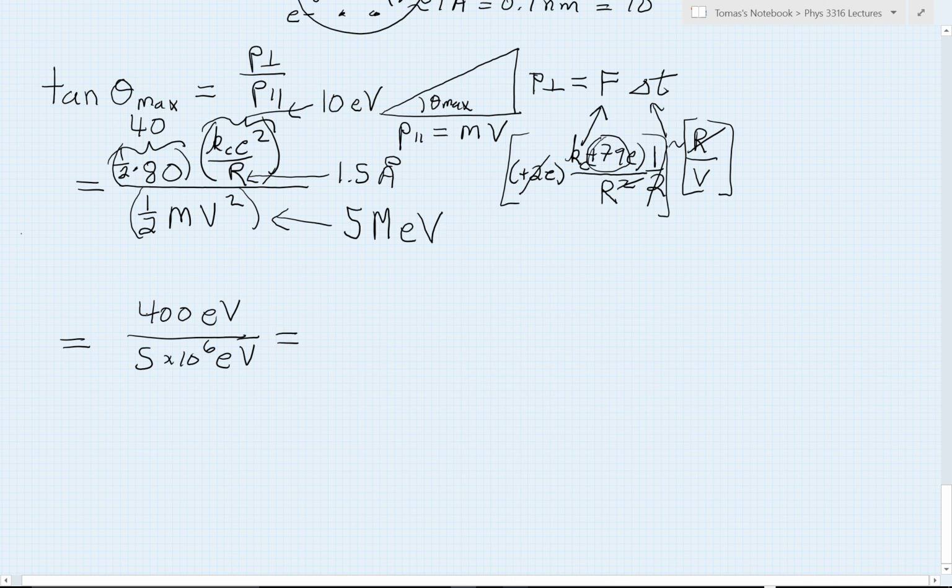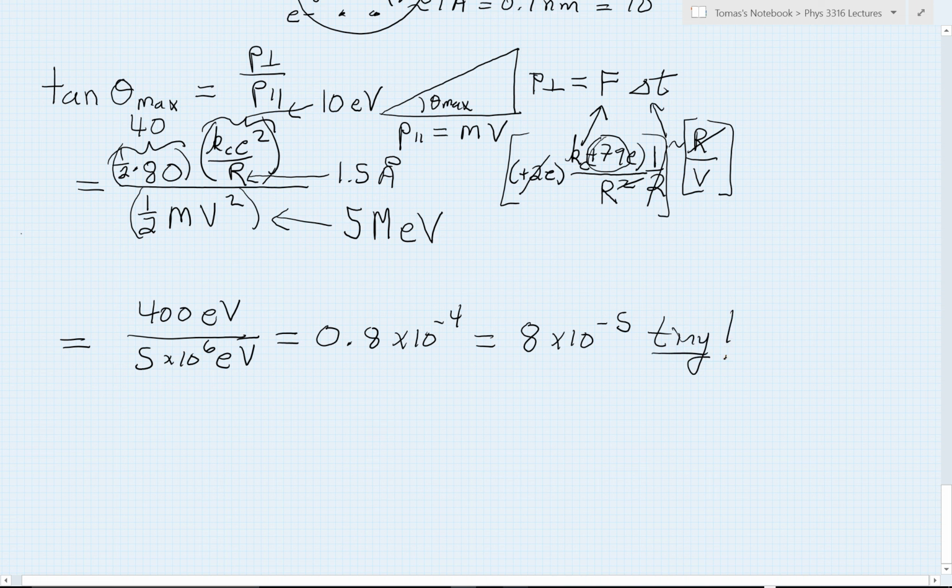So I've got about 4/5, which is of course 0.8, and then I've got 100 divided by 1 million, or 10 to the 2 over 10 to the 6th. That gives me 10 to the minus 4. So this whole thing is an angle of about 8 times 10 to the minus 5 radians. That's my tangent. It's tiny,